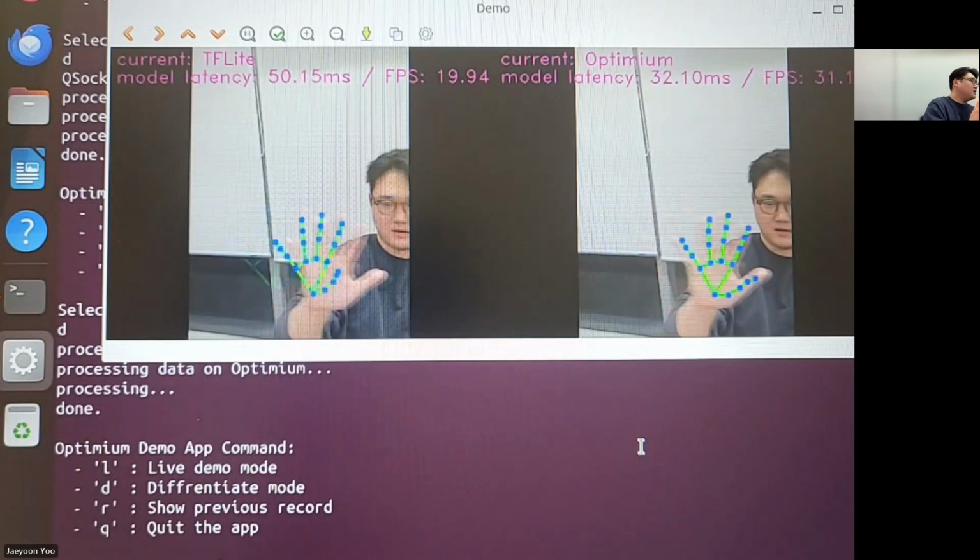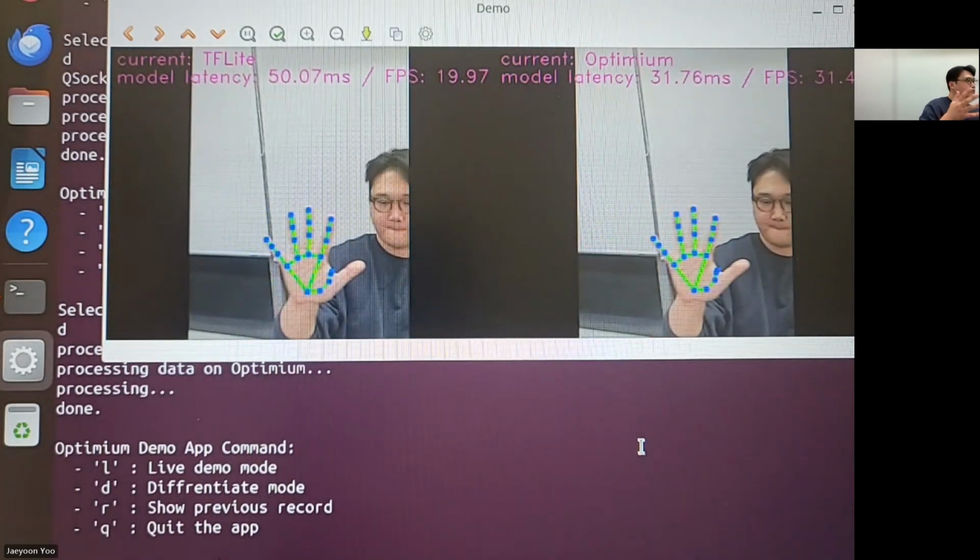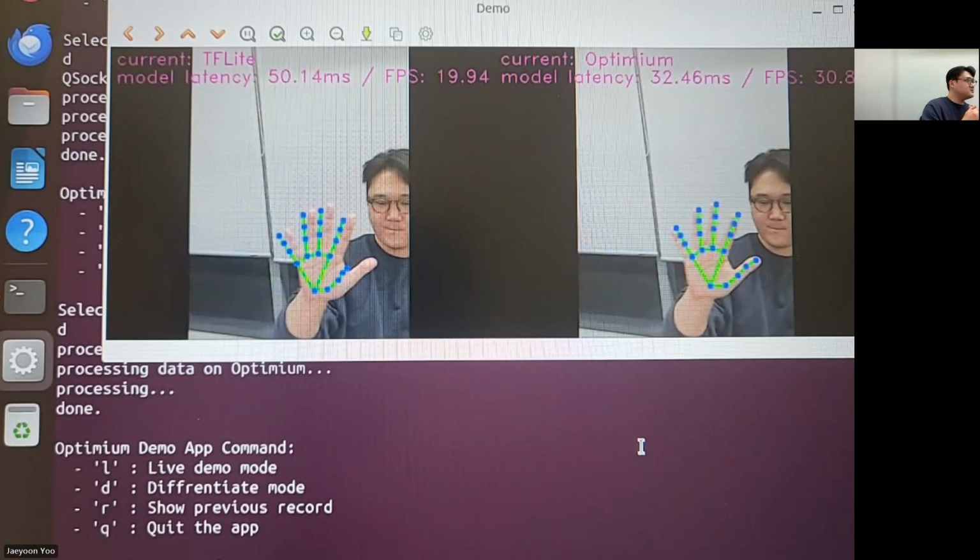So again, whereas Optimium output shows around 30 FPS inference speed, you can see that the XNNPACK backend output is around 20 FPS. So we could say there was a 50% improvement in terms of inference speed.